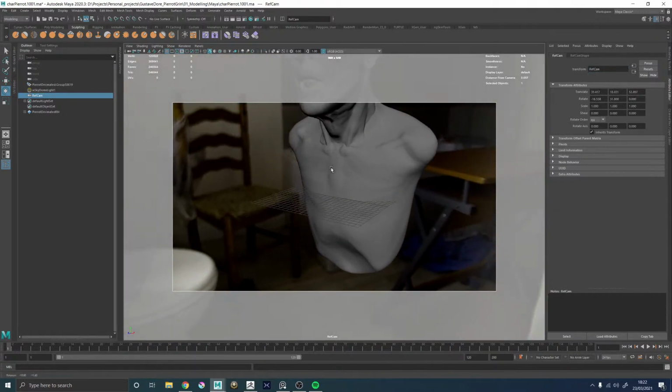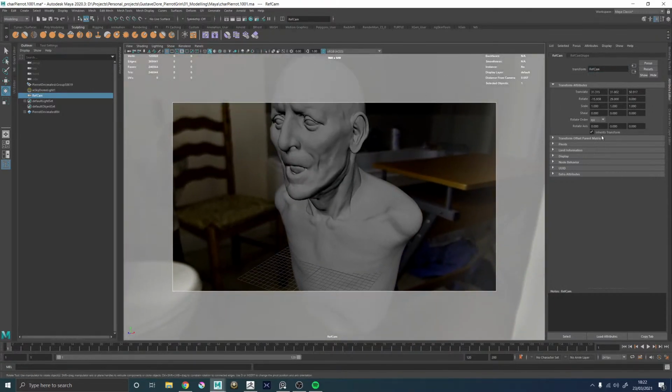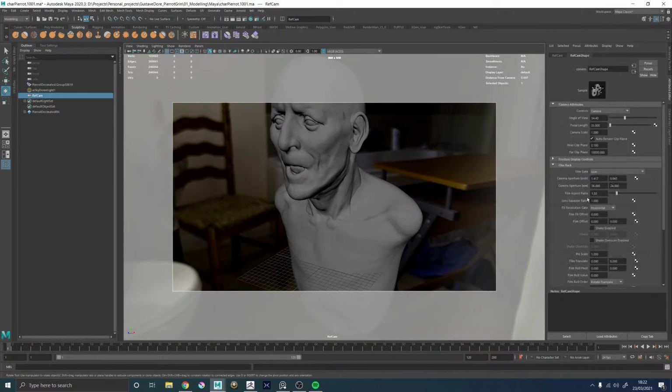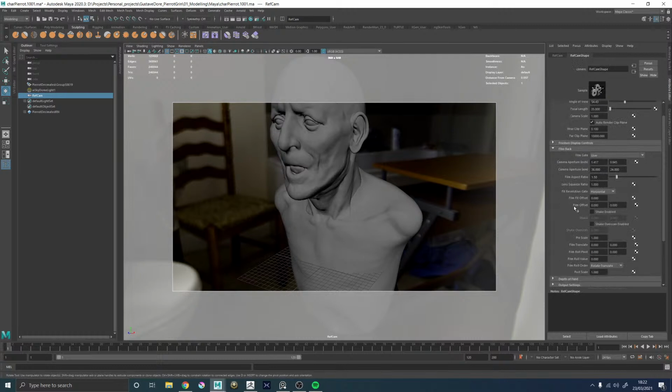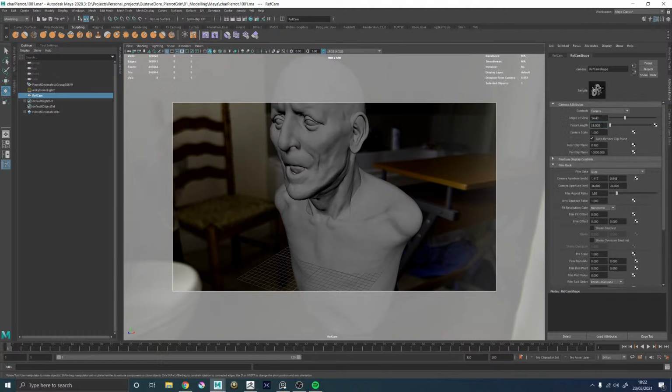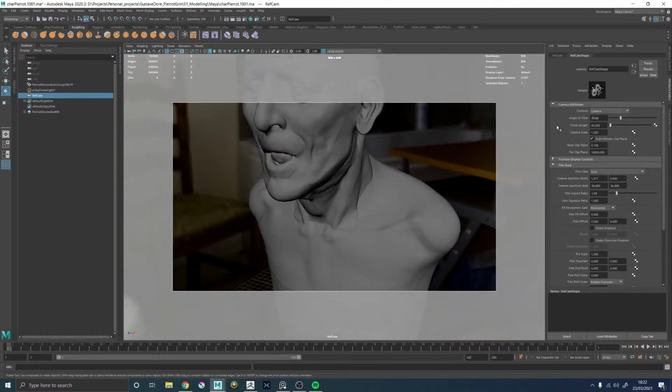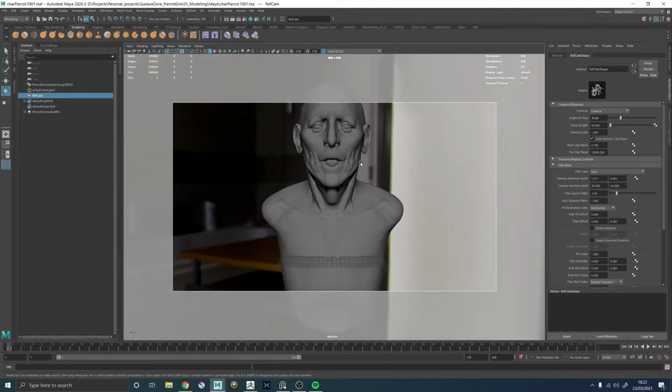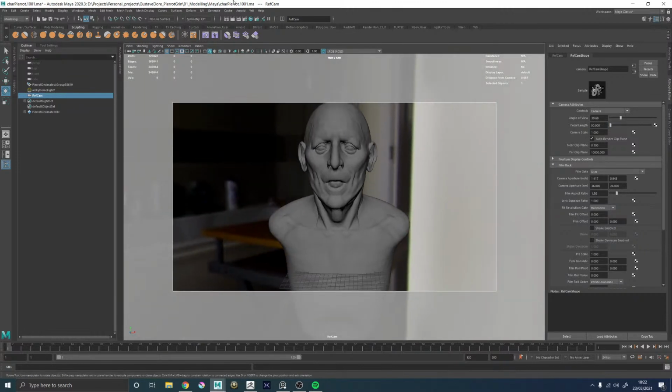And then I found out the resolution of this image, don't I? Refcam. Let's just set this guy. Focal length, so let's go with 50. Cool, and then